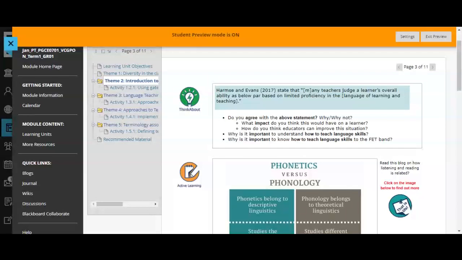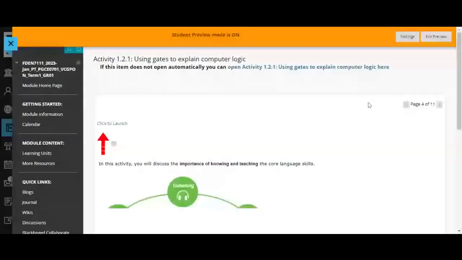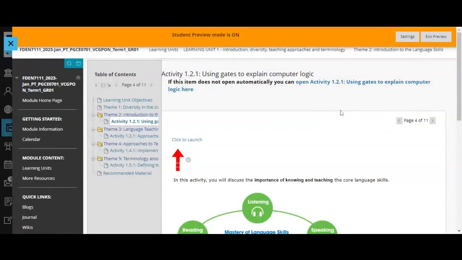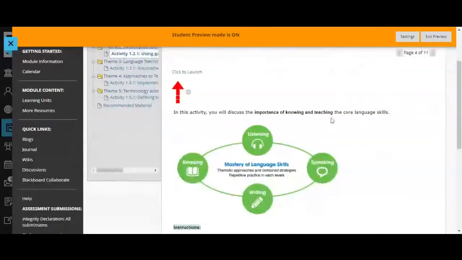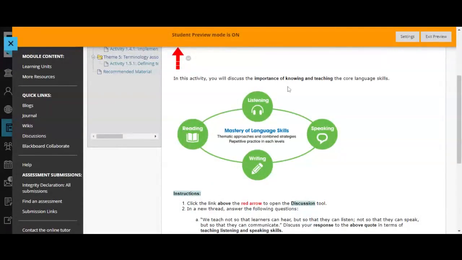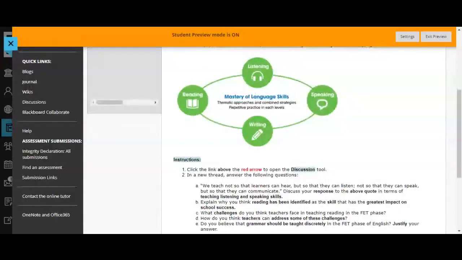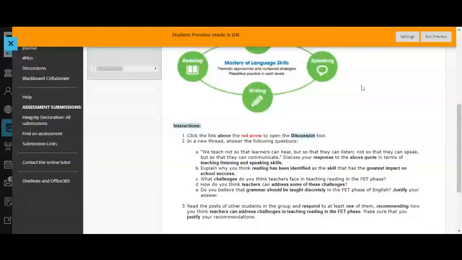So really, we're going to dive into this in theme 1 and theme 2, this idea of diversity, of barriers to learning. What are the skills that we are teaching in English? Why do we teach those skills? And then you go to activity 1.2.1, and you will discuss the importance of knowing and teaching the core language skills. Okay, so this is a discussion,